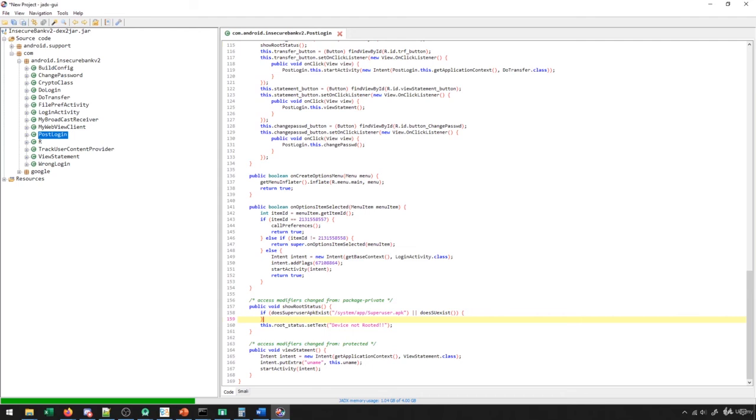We can apply this logic in a lot of different places, right? For instance, in the login, we can write our own logic to be like, if the login is submitted, just let us in, right? It's a lot more complicated to do something like that, but since we're able to build and recompile the APK, we're able to do this sort of modification. I just wanted to demonstrate this example because I think it's quite interesting to see how we can modify the APK code and rebuild it